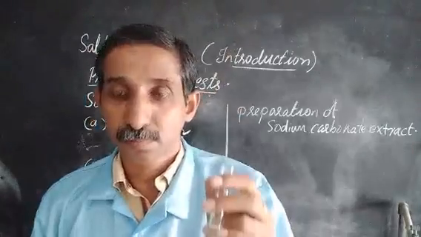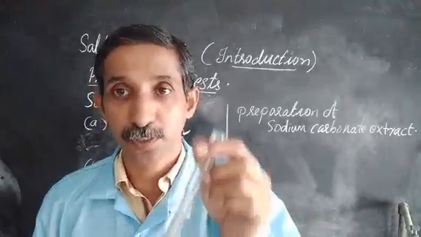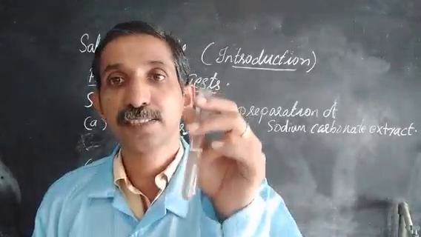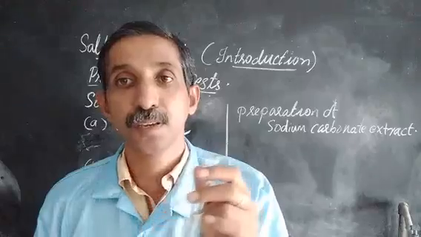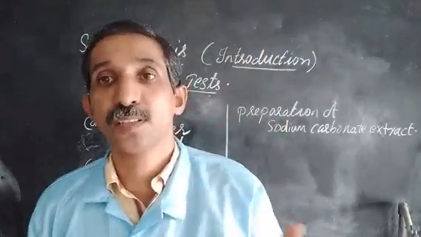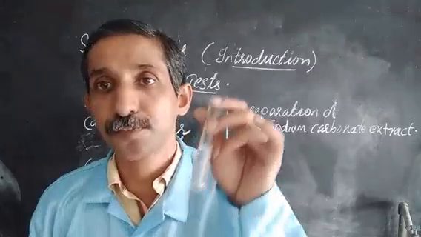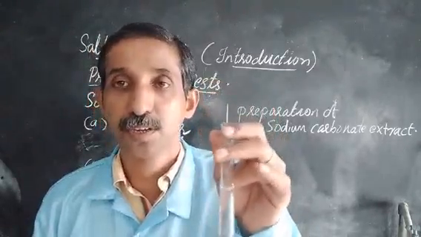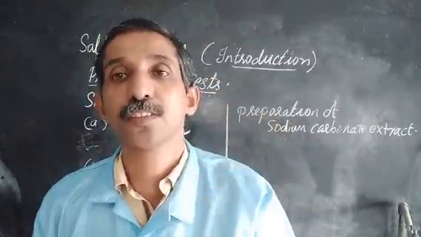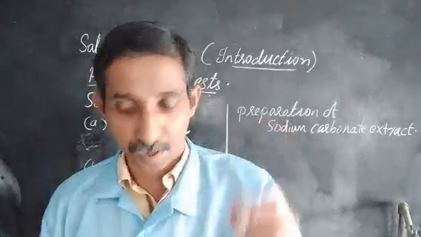So this test, don't ever skip. This is what I meant to say. I am taking too much time explaining this again and again, because I found that this second part, addition of sodium carbonate, is never done, and till the last they keep that doubt whether the given salt is ammonium or something else. That doubt will be eliminated completely if you do the second step, that means addition of sodium carbonate into the salt solution if the salt is already soluble in water. Don't ever forget to do this part.